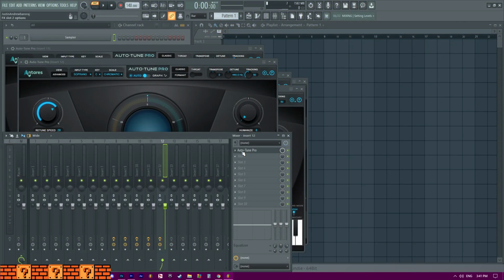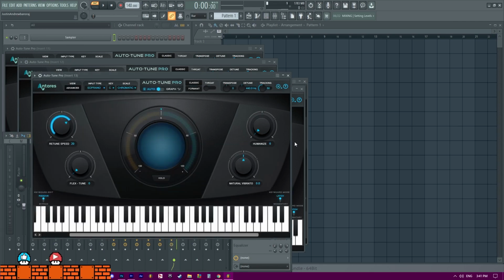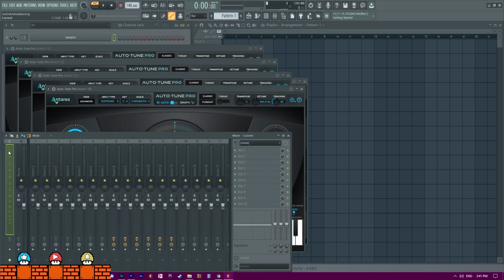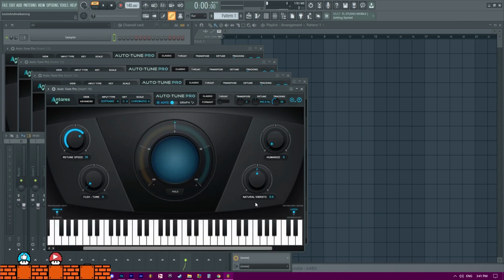The thing that sucks about doing it one at a time, which, you know, I'm not being a pain about it, I'm just saying, is that once you click and drag and drop into an insert, it's pretty much, okay, loading plugin, there it is, do it again, loading plugin, there it is. And something that's annoying is, if you're copying a plugin with a big GUI screen, it could cover up your mixer insert and you'll have to click on the mixer window and then do the same process. I know for Auto-Tune that's one of the things. Annoying, annoying, annoying. Wouldn't it be great just to drag and drop all at the same time?